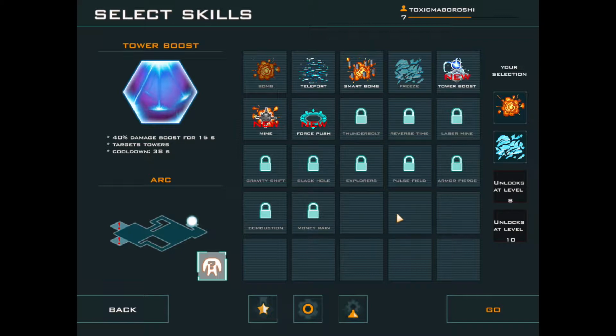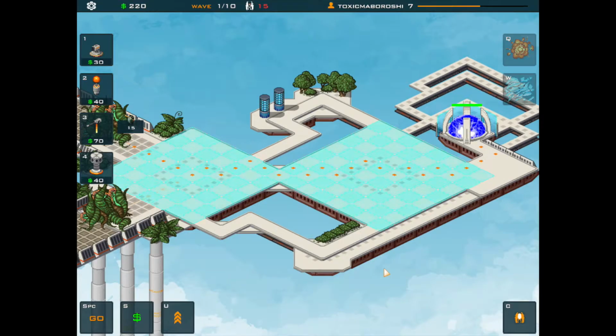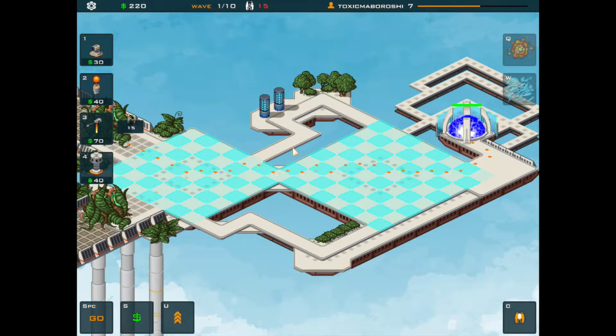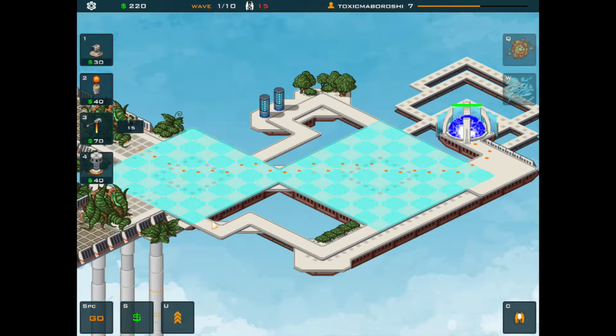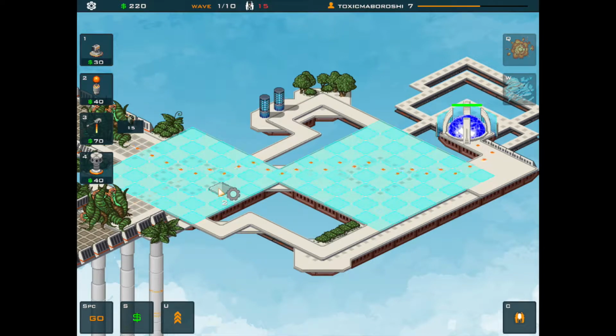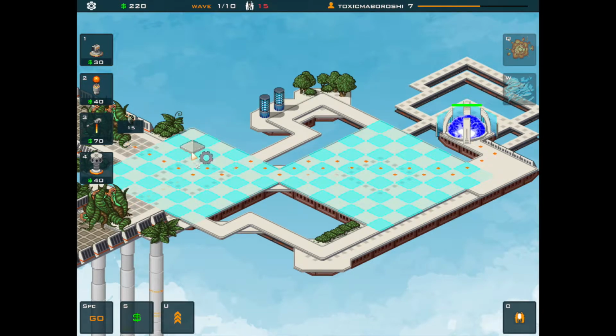I think I like the powers we have until we can get to level 8 and get a third one. We'll leave it at that. Now, if I remember rightly, this was the level we failed on last time, I think. It's been a while since I've played this, so